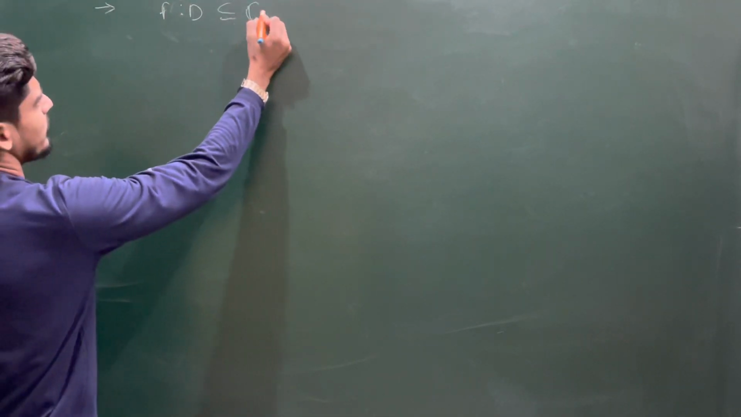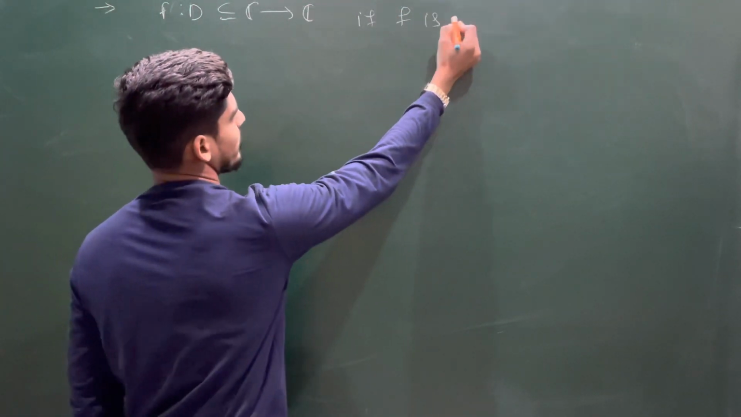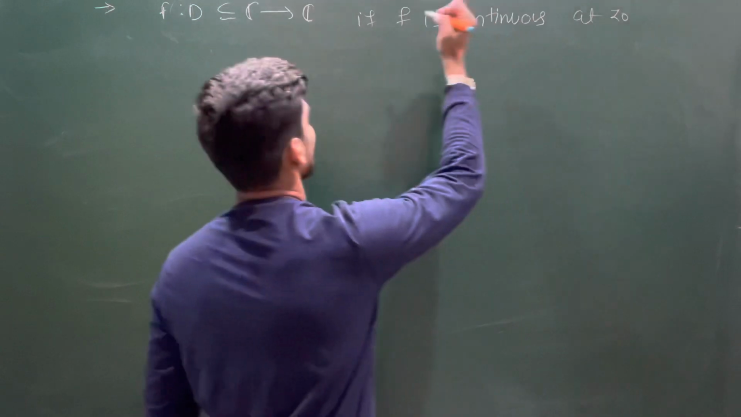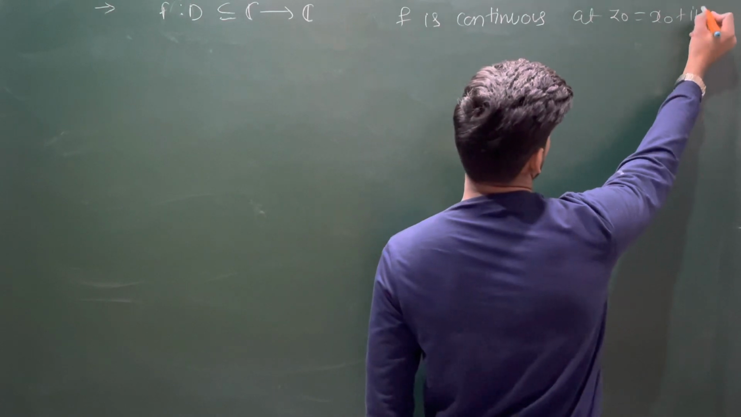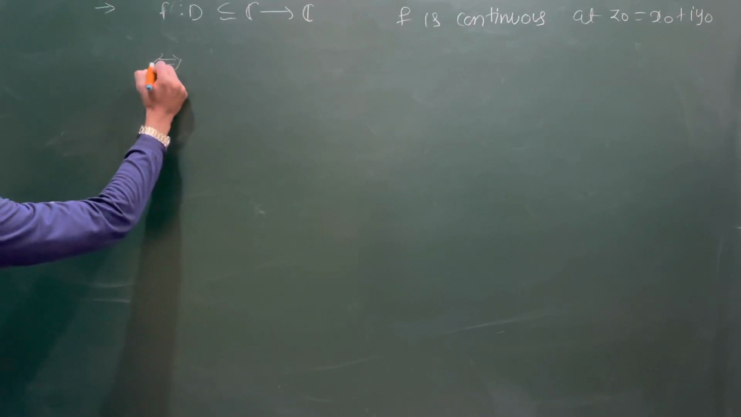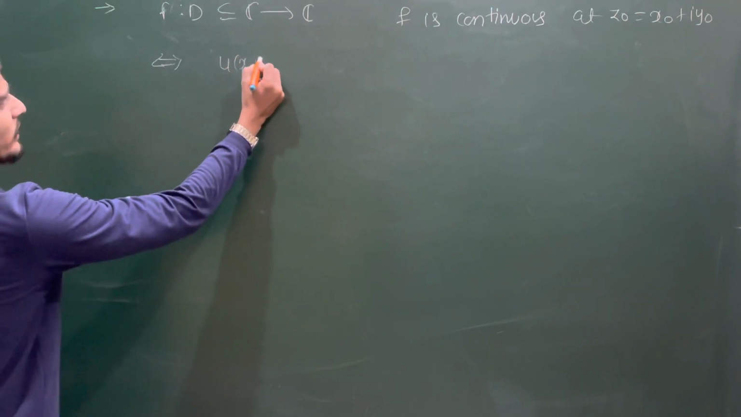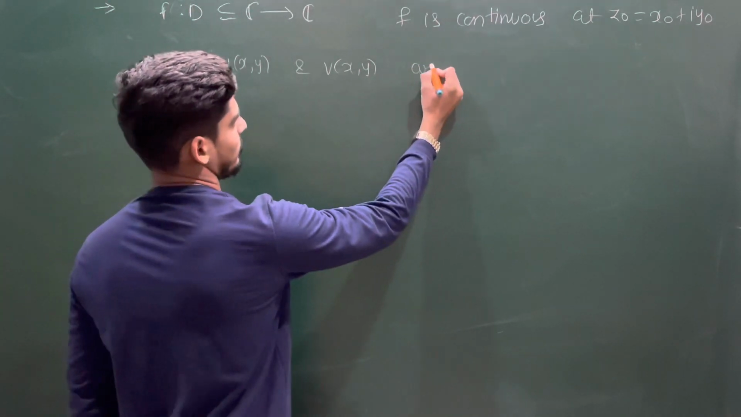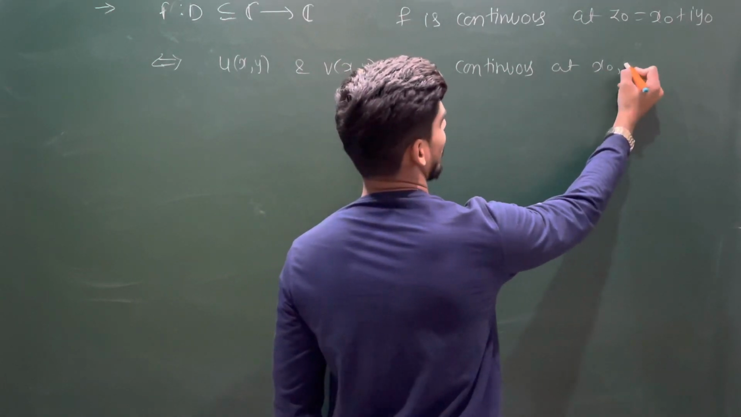F is a function defined from D to C. F is continuous, or F is continuous at z0, where z0 you can think of as x0 plus i y0, a point of the domain, if and only if u(x,y) and v(x,y) are continuous at x0 and y0,